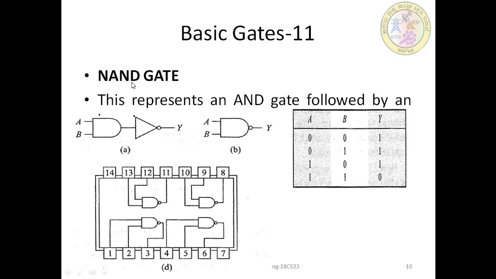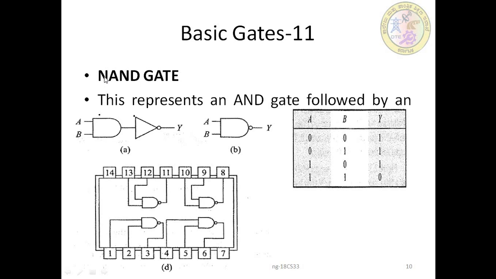Next, let's move on to one more universal gate. It's called the NAND gate. As we have seen already, the NOR gate is an inversion of the OR gate, and the NAND gate is an inversion of the AND gate. So here if you separate NAND, N comma AND gate,